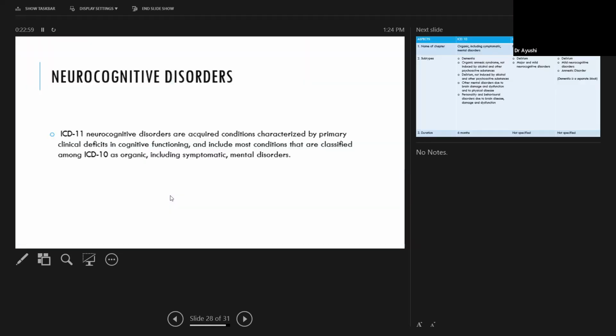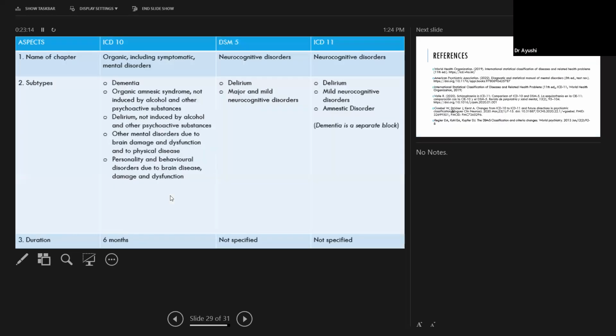Now, neurocognitive disorders. ICD-11 neurocognitive disorders are acquired conditions characterized by primary clinical deficits in cognitive functioning and include conditions that are classified in ICD-10 as organic, including symptomatic mental disorders. So the name of the chapter in ICD-10 is organic, including symptomatic mental disorders, and in DSM-5 and ICD-11 it is neurocognitive disorder. Subtypes in ICD-10 are dementia,